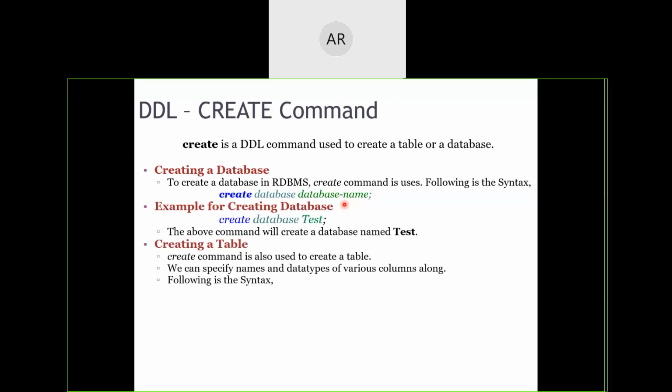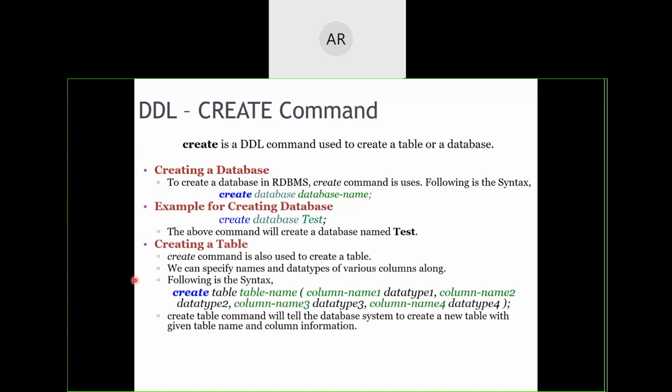To create a table, you need to make use of the create command with table as a reserved word. The name of the table should be mentioned. This green color part is your own given name. But when you are trying to create a table, you should always try to mention what are the various columns that the table should be built up of.